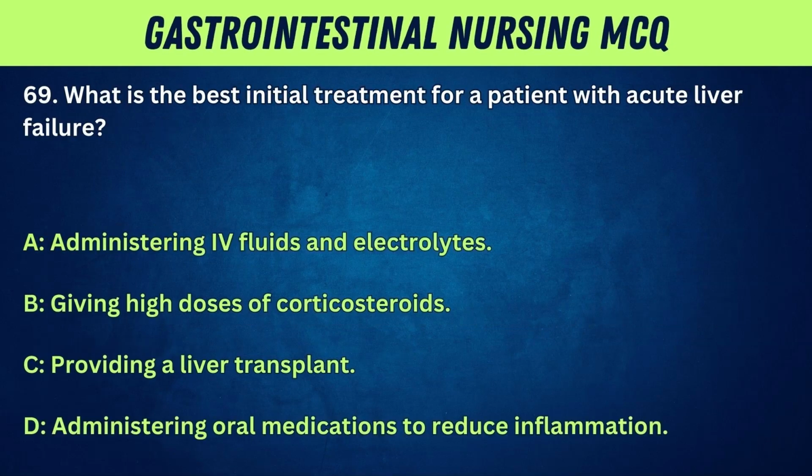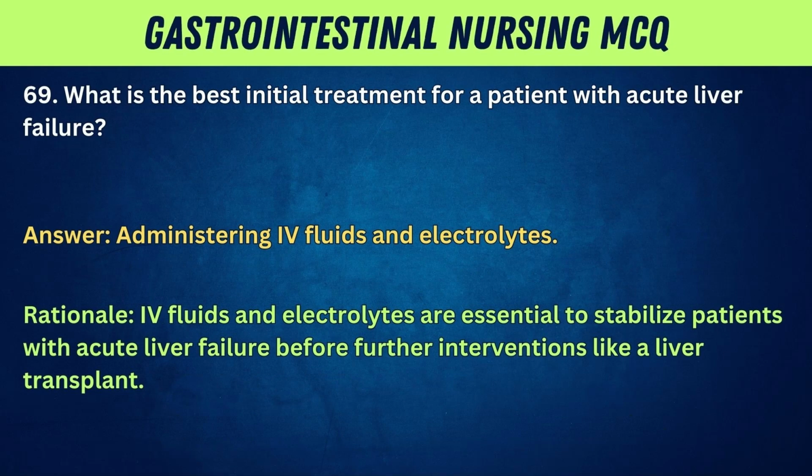69. What is the best initial treatment for a patient with acute liver failure? A. Administering IV fluids and electrolytes. B. Giving high doses of corticosteroids. C. Providing a liver transplant. D. Administering oral medications to reduce inflammation. Answer. Administering IV fluids and electrolytes. Rationale. IV fluids and electrolytes are essential to stabilize patients with acute liver failure before further interventions like a liver